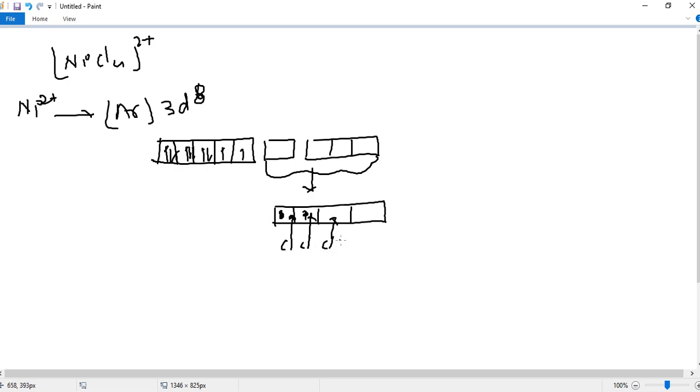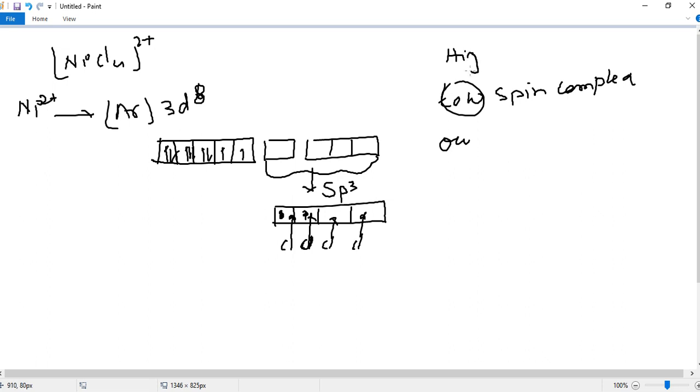It means chlorine will overlap with this hybridization, which is known as 1s and 3p, sp3 hybridization, and the orbital of chlorine will overlap with the sp3 hybridized orbital. And obviously if it is a strong field, then one electron may be paired, because we need 4, so we can take 1d, so one electron can be paired if it is a strong field ligand. So in that case it is a low spin complex